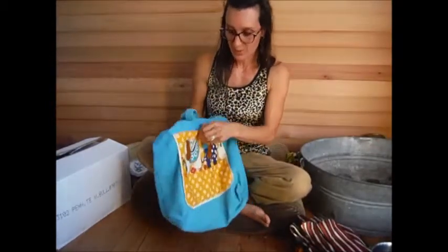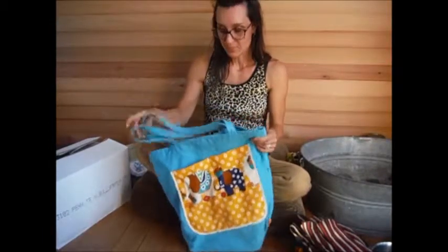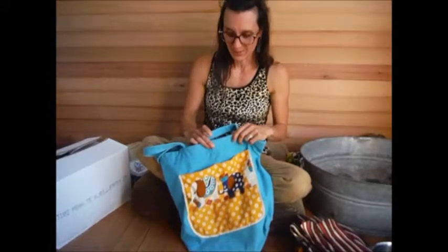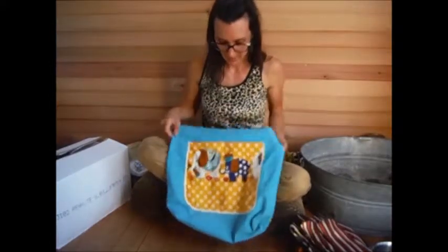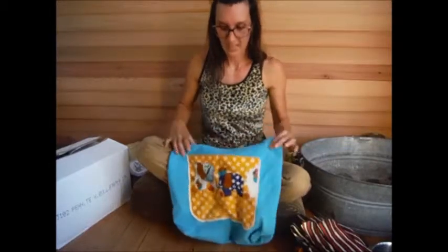It had a logo on the front of Foursquare, which is a supermarket in New Zealand. It was a really good bag, though I just didn't really want to be carrying it around with that logo on it, so I just sewed this patch on there a little bit in the middle to make it stay, and I think that looks